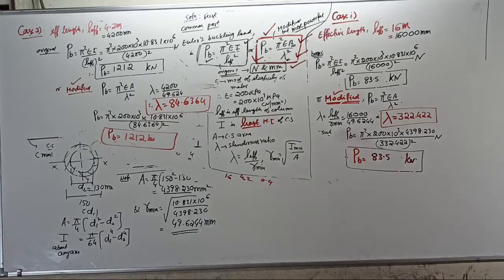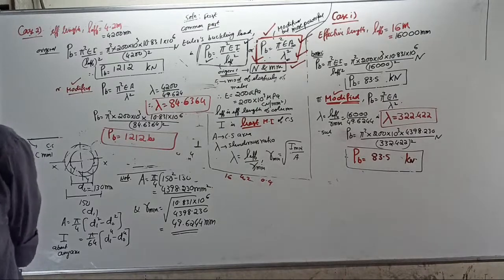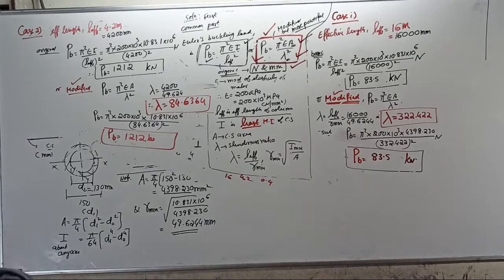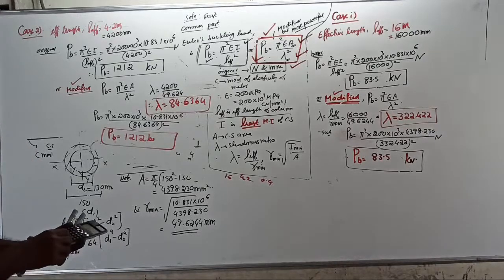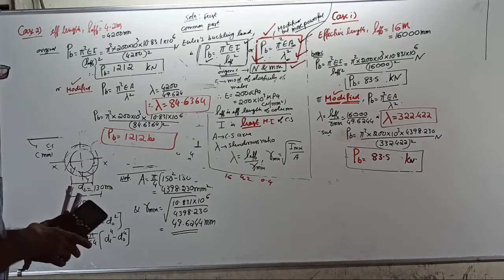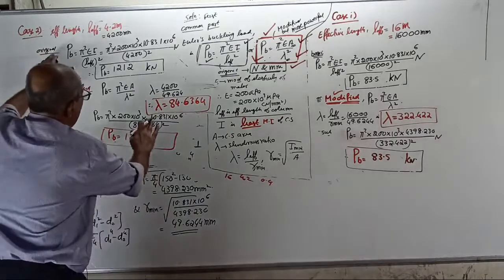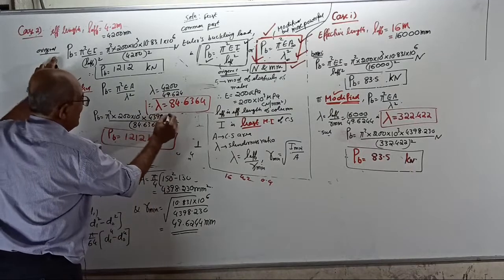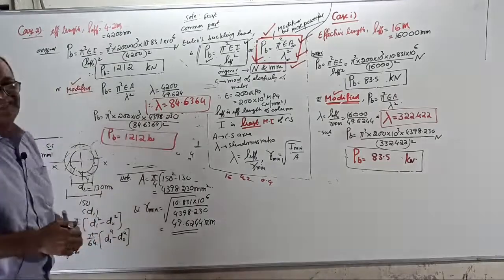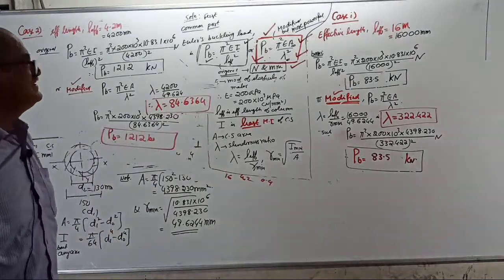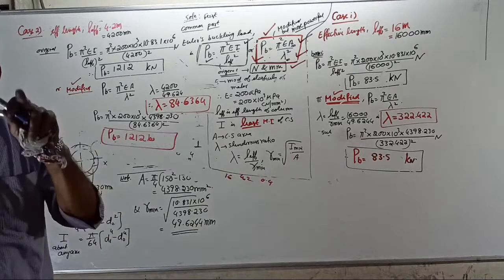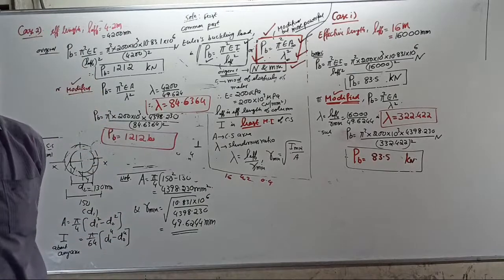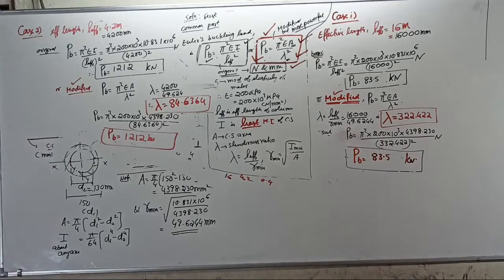Is the concept clear so far? Impossible. You cannot get it that way. How possible? Ayyo. Pi square EA, not I here. Area comes here, 4398.230. See, print mistake. Now check it. In the first formula I comes. In the second formula I is there in the denominator in the form of 1 by r. So area is to be written. Print mistake.